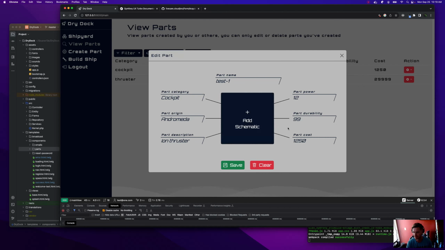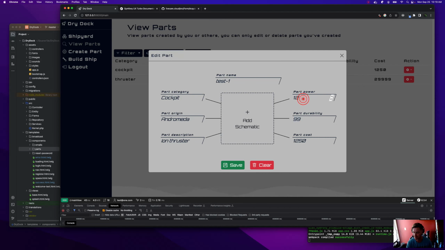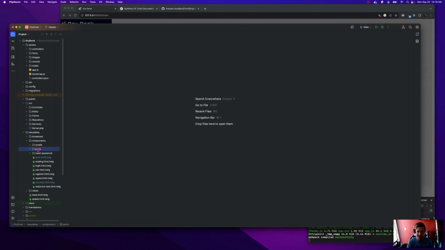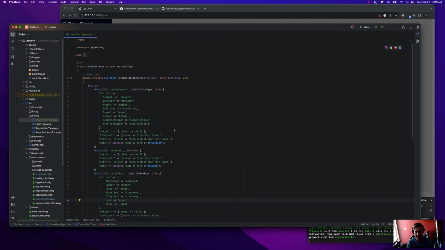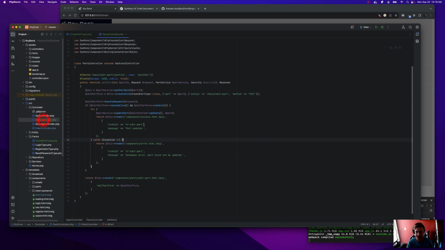But what is working is the edit modal. So we just have a modal that you can edit and update all the parts with and everything. It's that same form, it just takes data. And I think that's something we haven't gone over in Symfony. It should probably be named part type instead of create part type, but here you can see we have an array of data that gets passed in from the controller. So parts controller, yeah, we just pass in this part